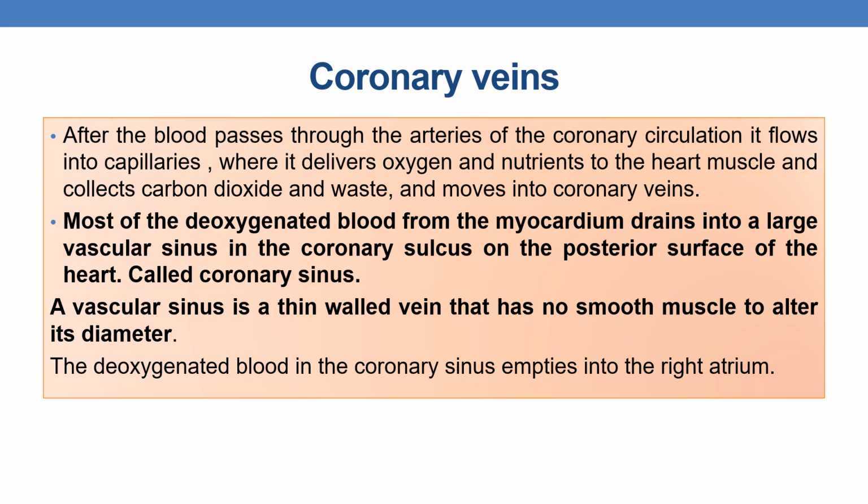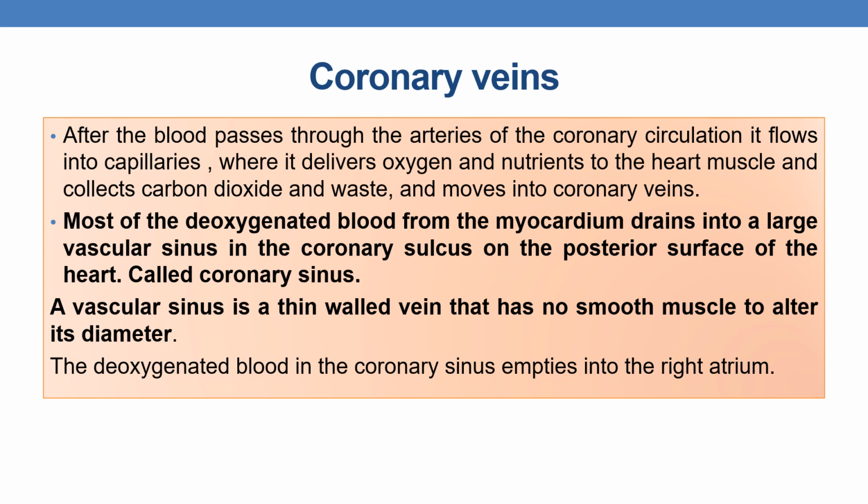Capillaries are the place where it delivers the oxygen and nutrients to the heart muscle and collects the carbon dioxide and waste and moves into coronary venules. From arterioles it flows into venules, and from venules into veins, forming the coronary veins. Venules into veins. And most of the deoxygenated blood